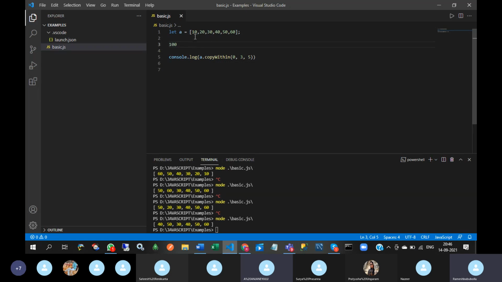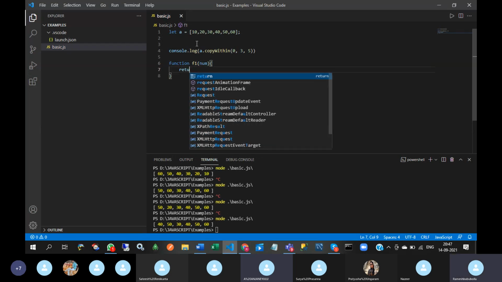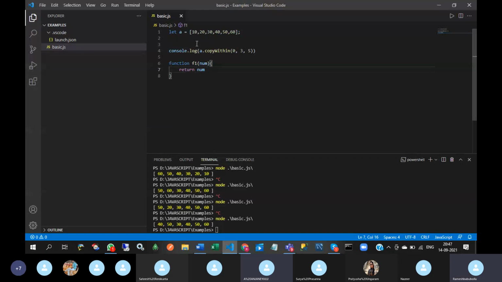If all the elements in an array are less than 100 or not, suppose we want to check that condition, then what will we do? We will write one function, f1, number less than 100.